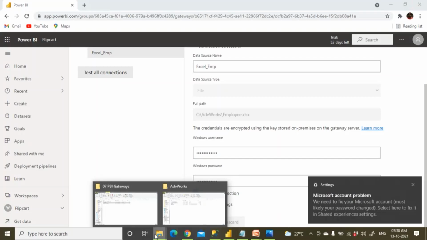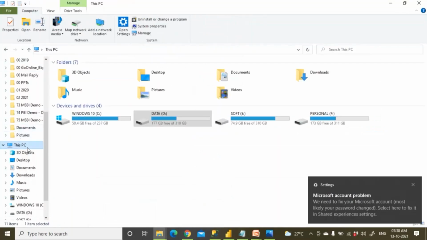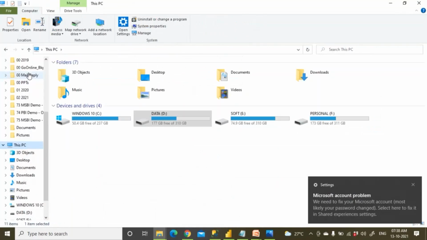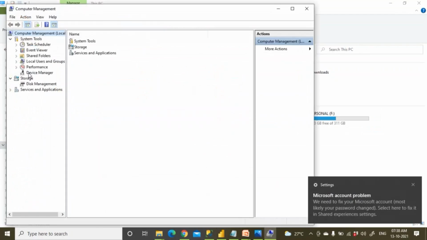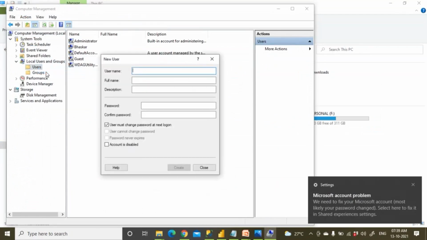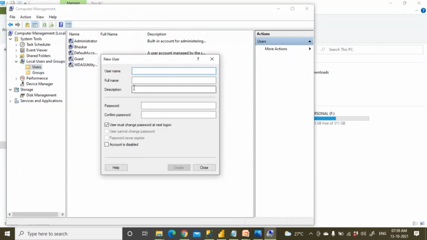So how to put the password: you go to This PC, right click on this, and go to Manage. Now, if you don't have a user ID, you can create one. Go to Manage, then Local Users and Groups. If you don't have any user ID, you can create a new user. For example, your name is, let us say, Kiran. If you don't have any user ID, you need to create a user ID called Kiran, and you give the password India@12 or any password, whatever you like,